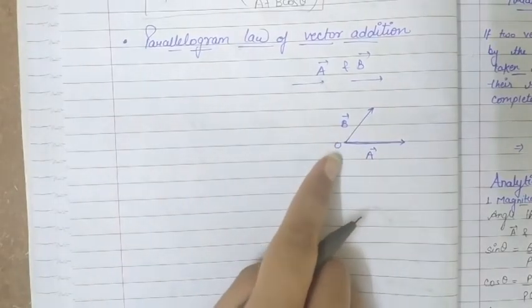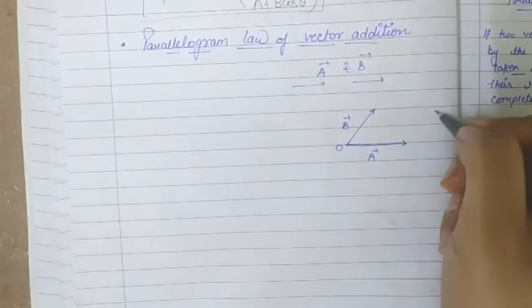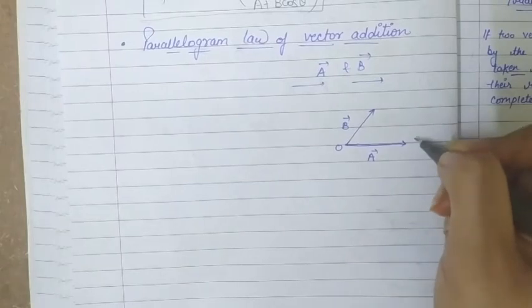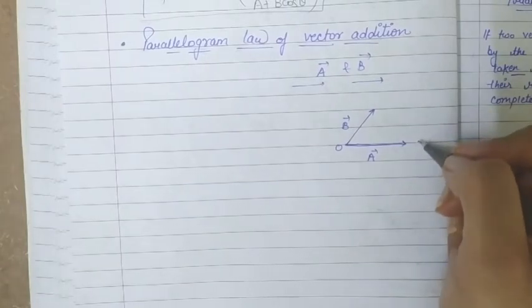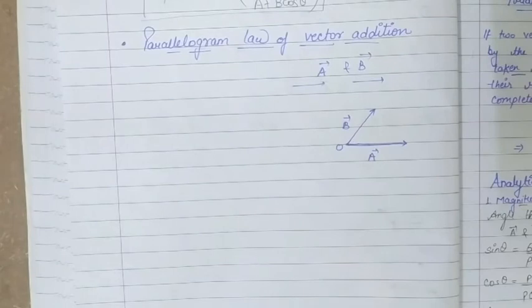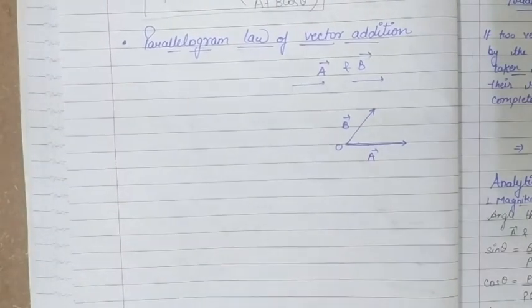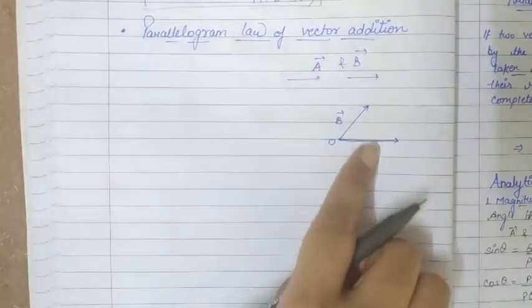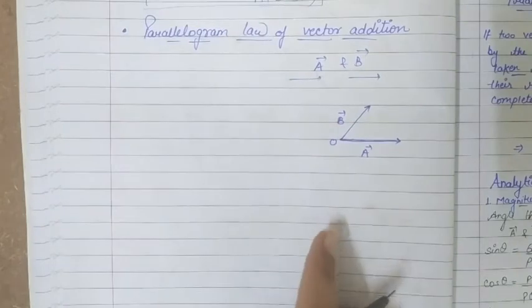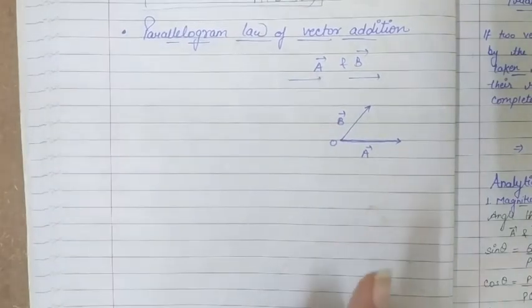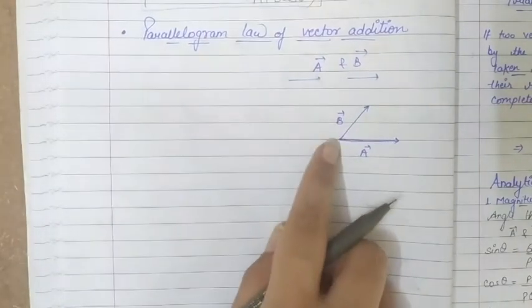Now it could also be said that if we take this side, that will also be adjacent, but then they don't have a common initial point. So we have to keep in mind that the vectors should have a common initial point, and the resultant is then represented by the diagonal of the parallelogram that is formed by these two vectors, and that diagonal which is passing from this point only.